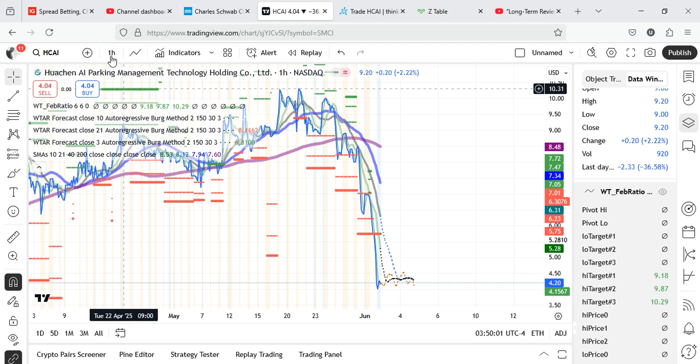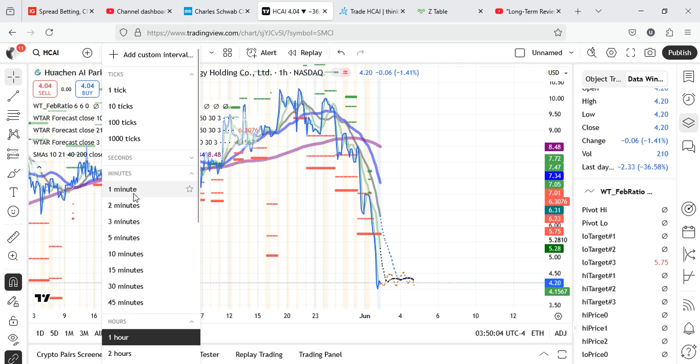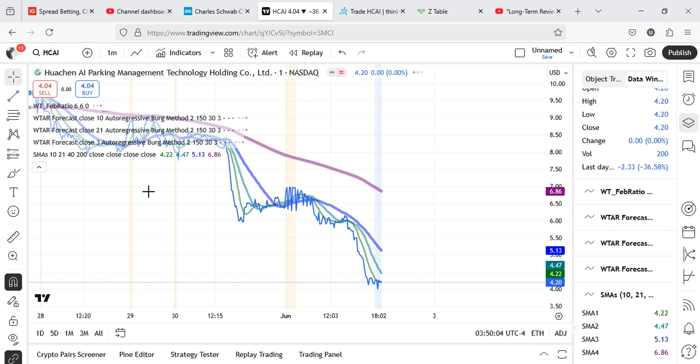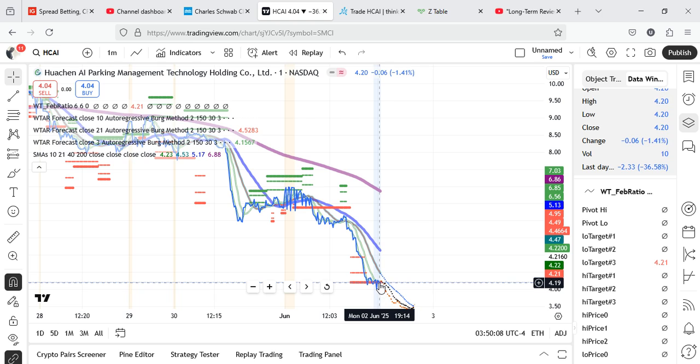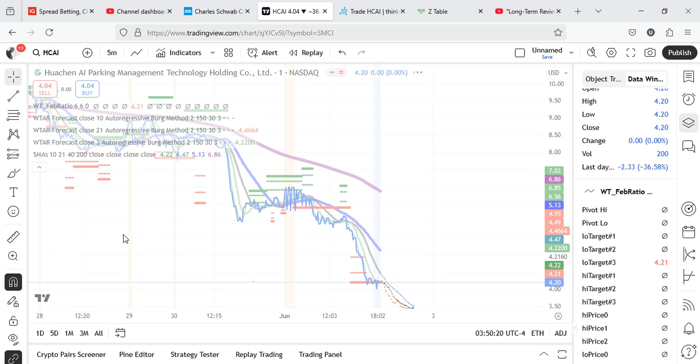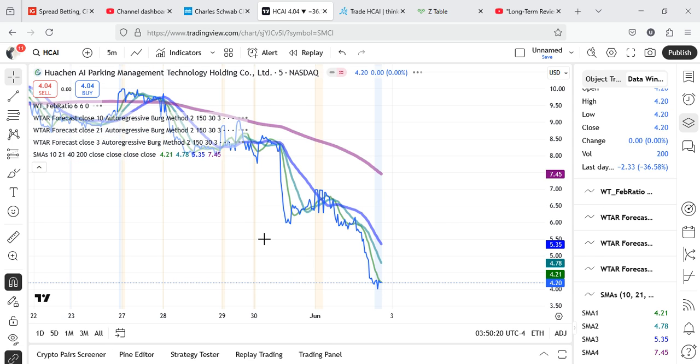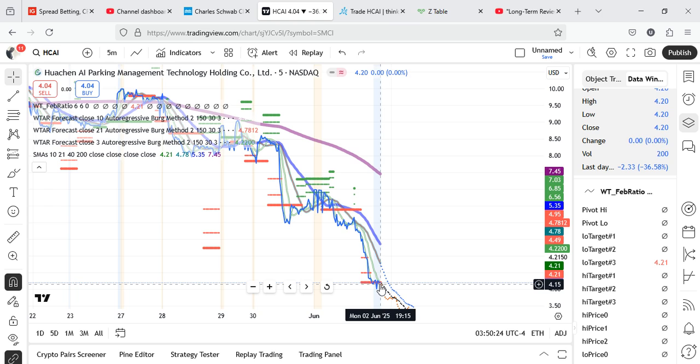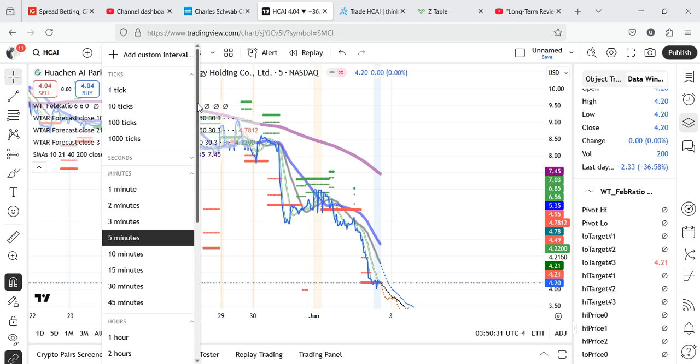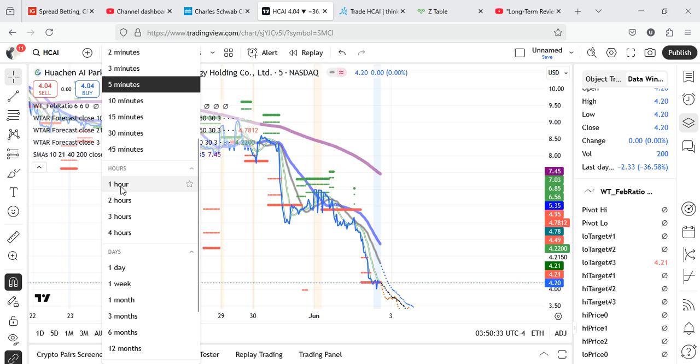We could also jump all the way down to the lower charts. Sometimes we get very radical values here. We're not going to look at the extrapolations on the 1 minute chart. Here we have 4.21, a slight upward projection, so we're not seeing anything crazy here. Let's look at the 5 minute. On the 5 minute as well, nothing fantastic. I think our best bet in terms of extrapolations, though we haven't checked everything, might just be the 1 hour chart.